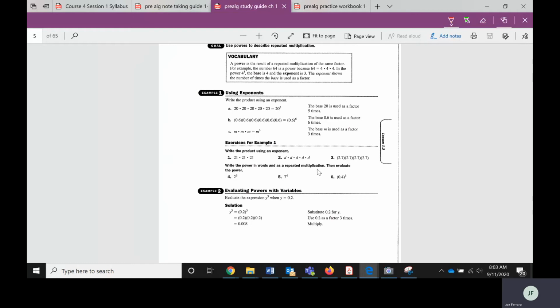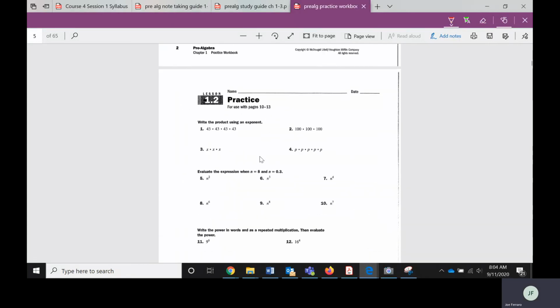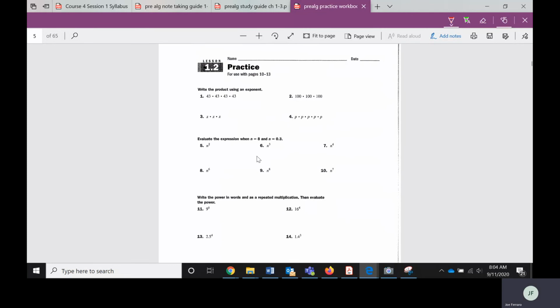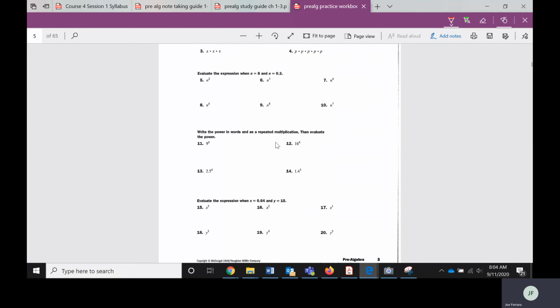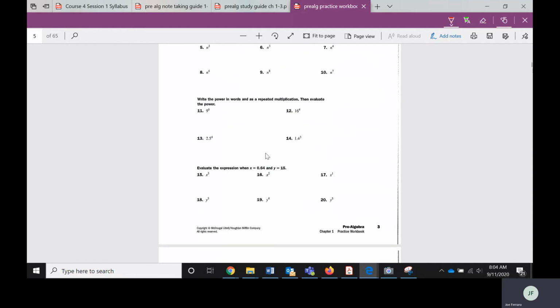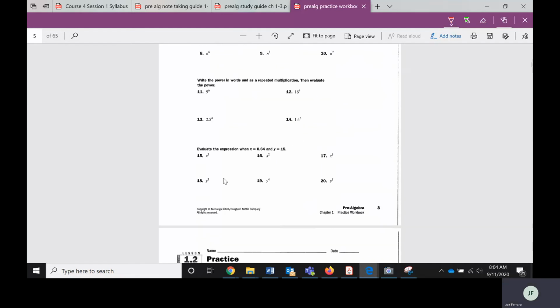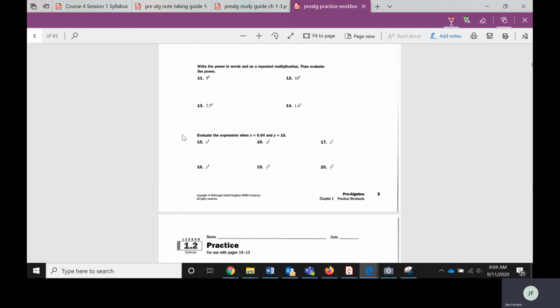Okay, so if you can do the problems in the study guide and you're getting the answers that are in the back, there's probably no need to do the problems in the practice, unless again you want to get a couple extra credit points towards your test. Okay, and then you can do this here. Make sure you write it out the way it's asked. Again, there's not much work to show on here, but unless you're doing like this section here, I'd want to see work. In the back, they'll just tell you the 2 answers, but I want you to write out